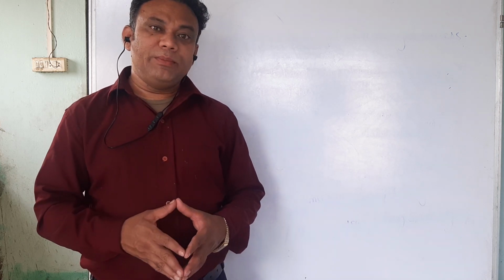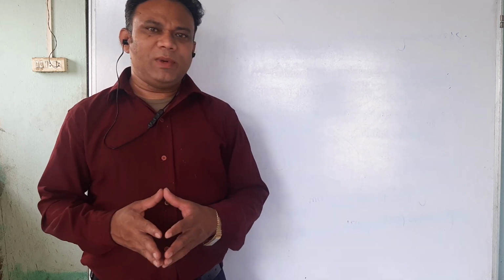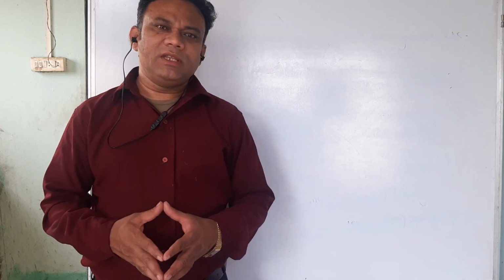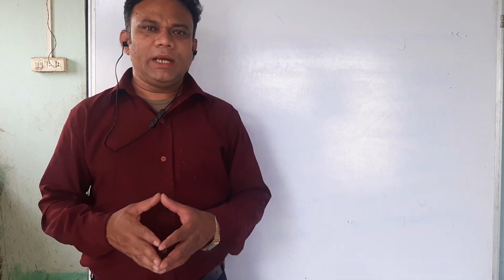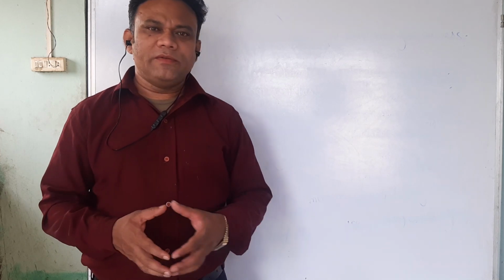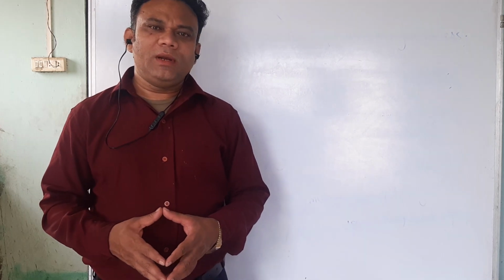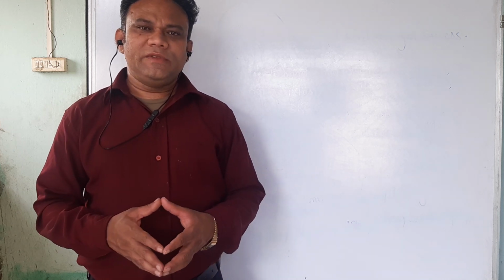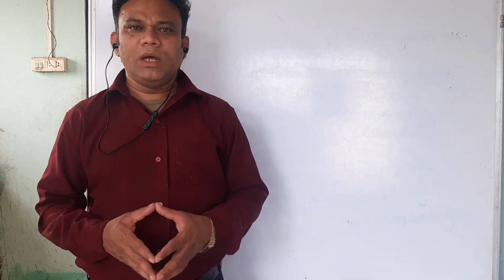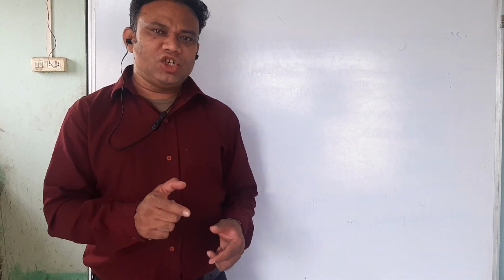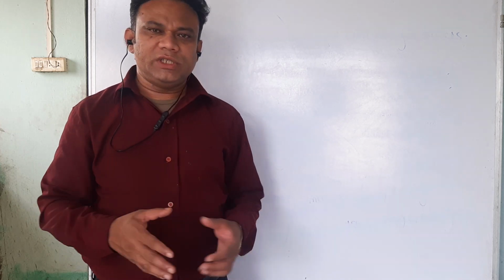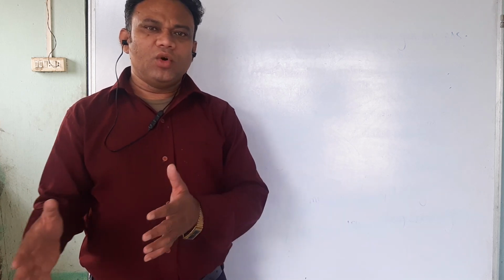But sometimes the main verb is there. So, I'll explain how to make the main verb negative. If the main verb is given in the first form, to make it negative, we have to use do not plus V1. For example, if the verb is go, then its negative will be do not go. If the suffix s, es or ies is added to the main verb, then we have to use does not plus V1 to make it negative. For example, if the verb is goes, then its negative is does not go.